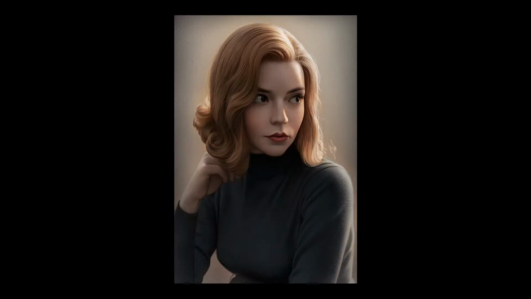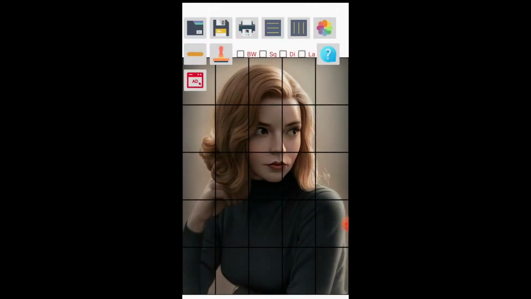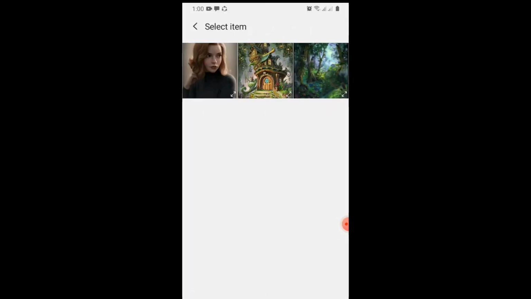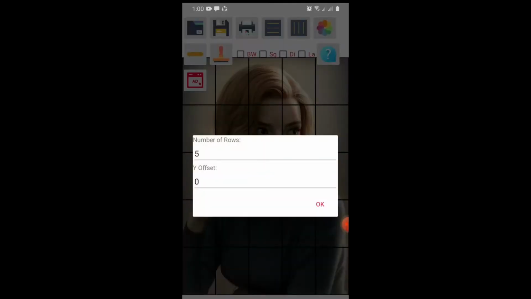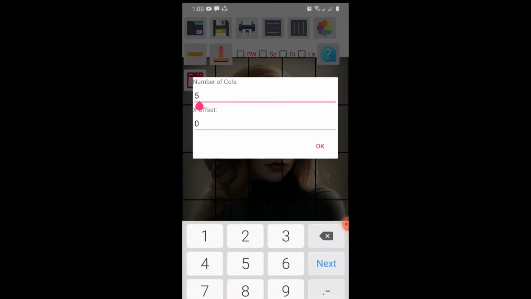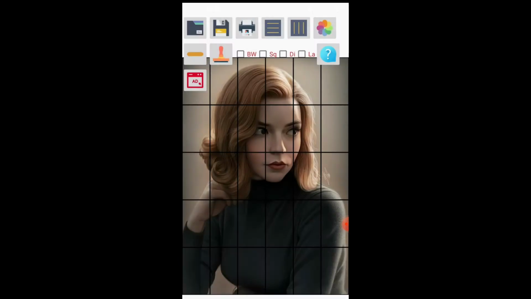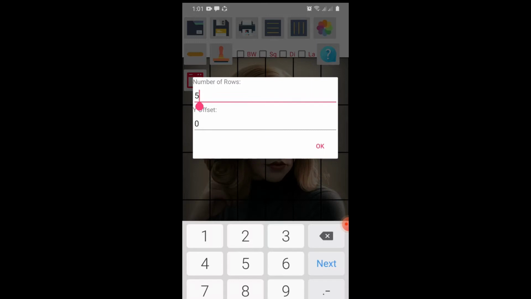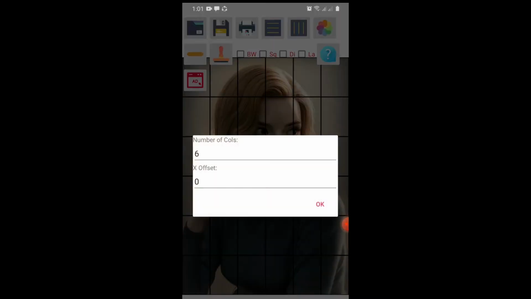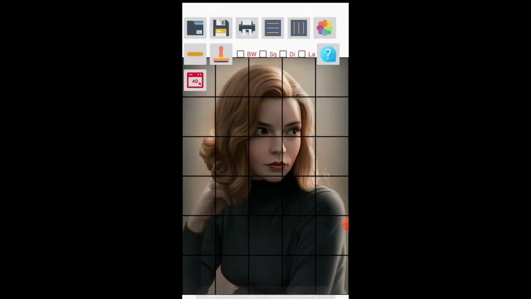So to transfer the image, I'm making a grid on the reference picture, and there's a lot of free apps that you can use. Here I'm using the drawing grid maker. So here I'm going to select the reference image, and here you can change the number of rows and columns to fit the paper size, which I find very useful. And you can also make the picture black and white. So I'm going to make 5 rows and 6 columns so that it fits my paper size perfectly and save